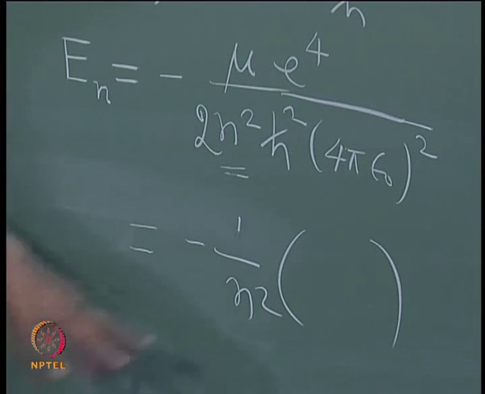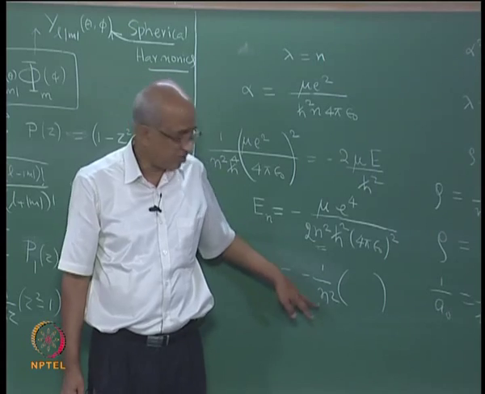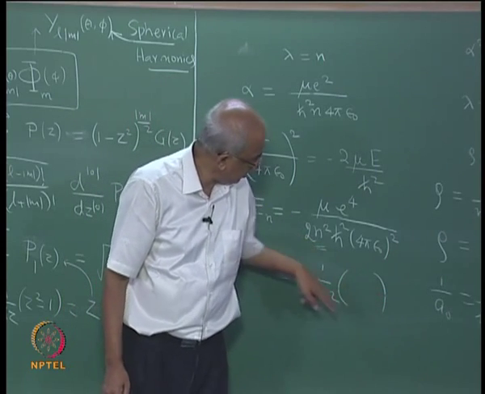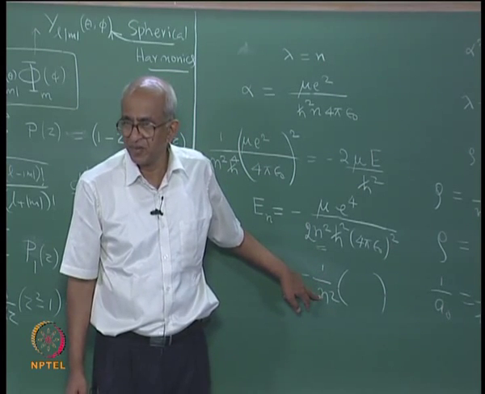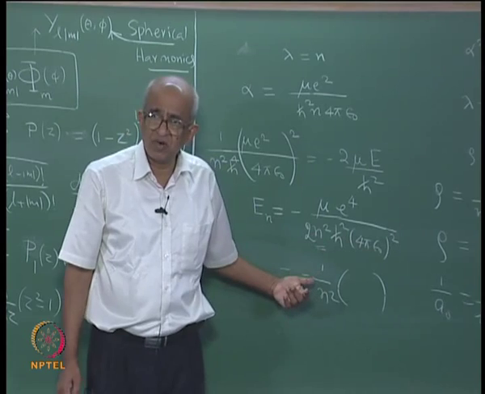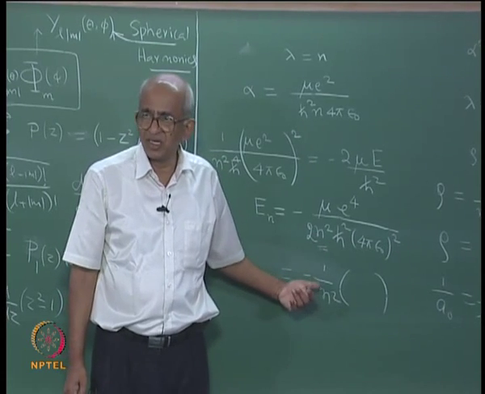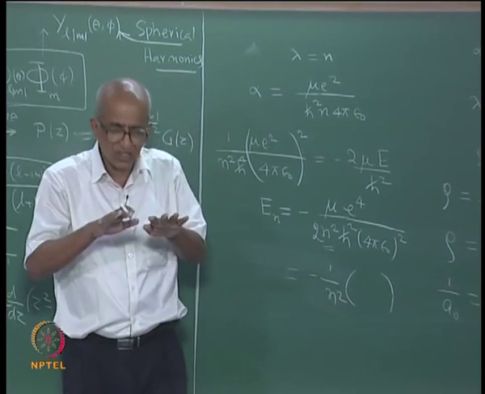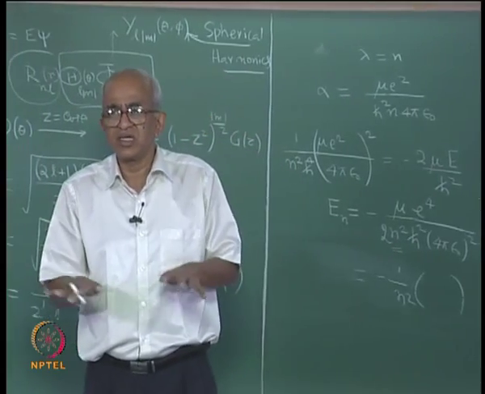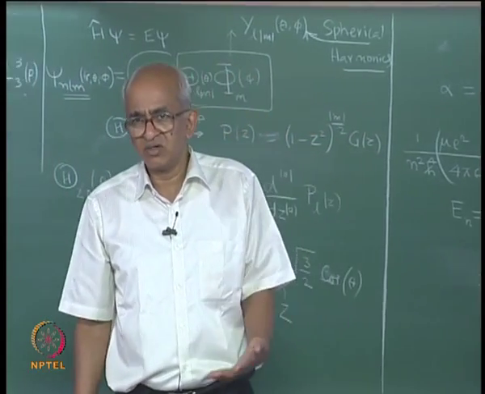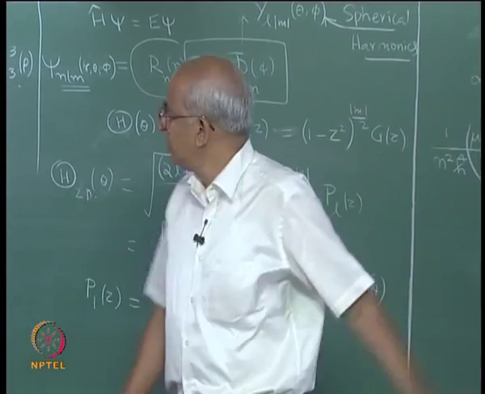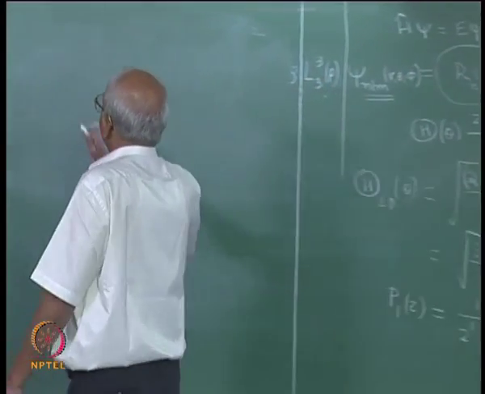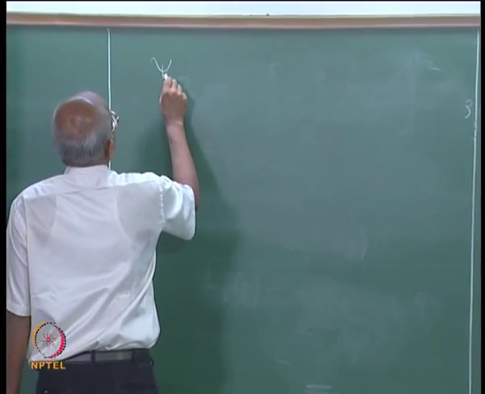If you put n equal to 2, you will find a number which is greater than the previous one, because you see it is the same number multiplied by 1 by 4, or the same number multiplied by 1 by 9 when you put n equal to 3. Therefore, the lowest possible state of the system, which we usually refer to as the ground state of the hydrogen atom, will be obtained by putting n equal to 1. So, let us say I am interested in that state, wave function psi n is 1,